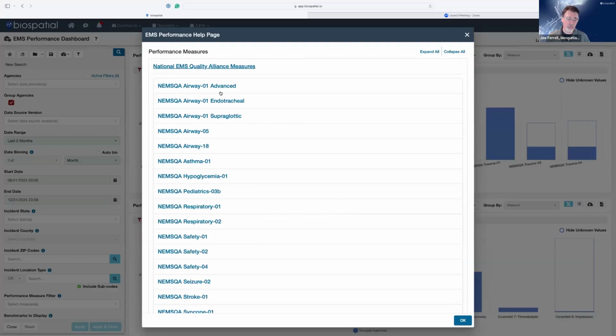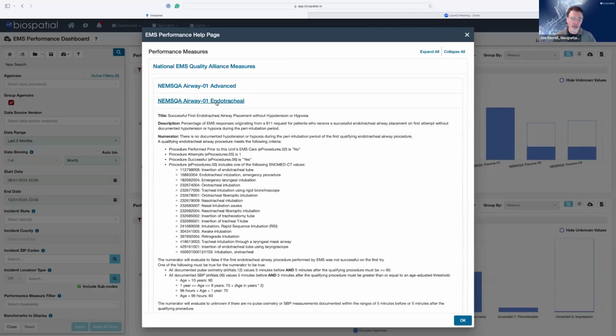Like I said, we have all the NEMSQA measures. We have the previous FAIR measures still in there. They're still being used in Florida and some other places. You can come down if you want to look at Airway 01 endotracheal and see how we calculate that. We have all the definitions available so you understand exactly what data elements we're looking at to pull both the denominator and the numerator. I'll also mention we are in the process of updating Airway 01, Airway 05, and Airway 18 right now